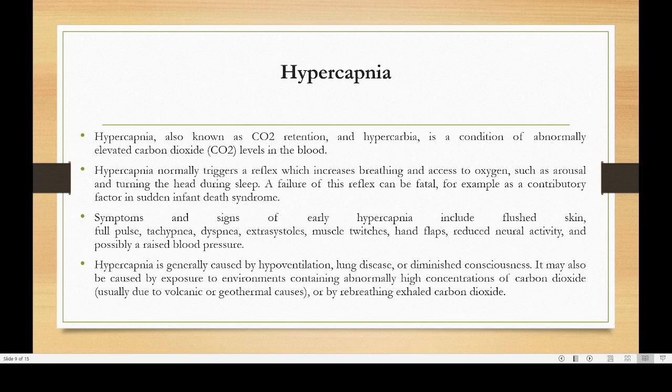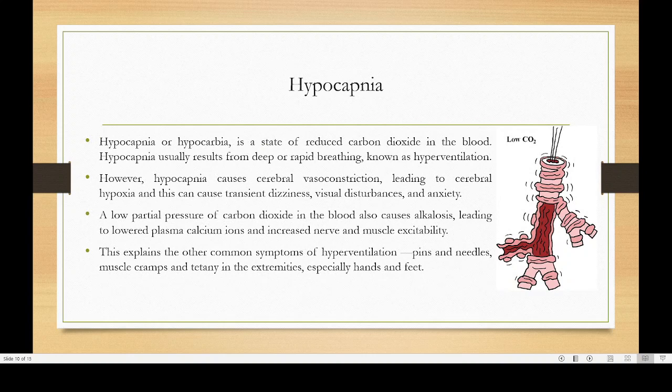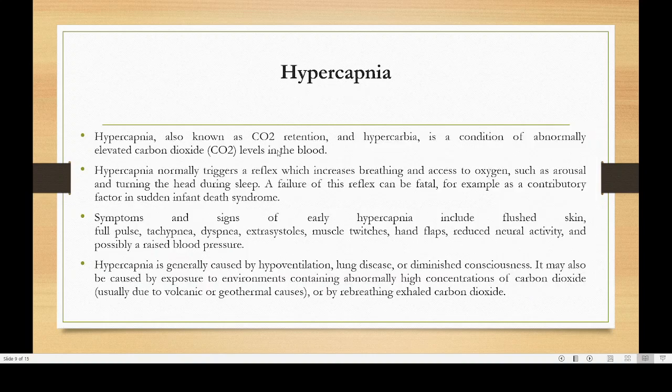So the carbon dioxide content will be higher. So that will also lead to more than normal carbon dioxide content in your body. So all these situations will be leading to a condition known as hypercapnia. Basically, hypercapnia means a higher carbon dioxide level in your body or in your blood. Then there is also hypocapnia or hypocarbia, an opposite situation. What we were discussing is hypercapnia, and in your syllabus only hypercapnia is mentioned, but